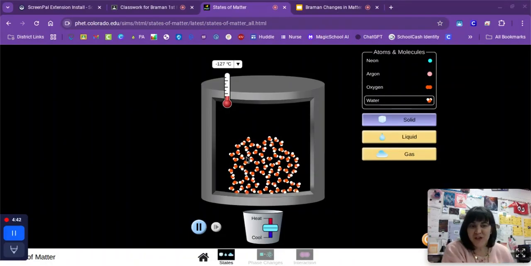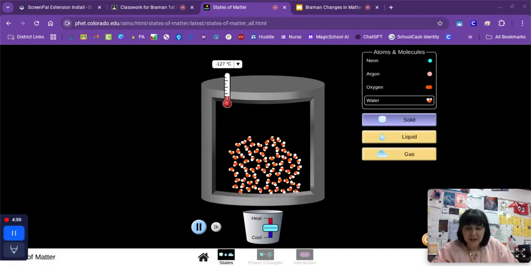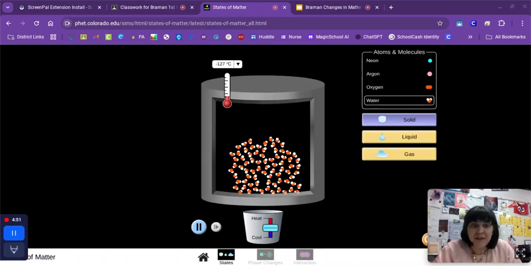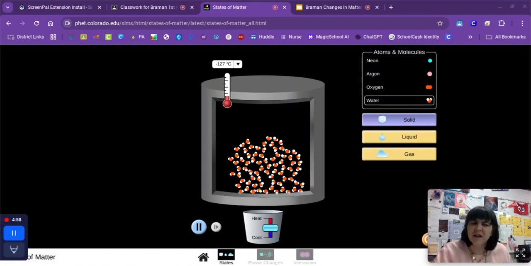One of the things you're going to do next is we wanted to see what it would look like if we were going to add some heat. All right, so the first thing that I want to do is look at this and see what exactly the particles are doing. And then I'm going to draw it in